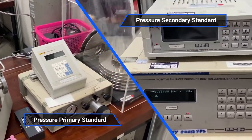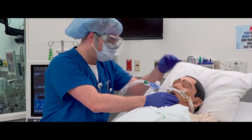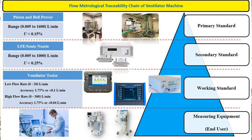For this reason, the NIMT is aware of transferring the accuracy values to the standard equipment used to calibrate ventilators in order to reduce the risk to patients and give users confidence in their use. Currently, the NIMT has the capability to calibrate the ventilator tester pressure and flow with traceability to